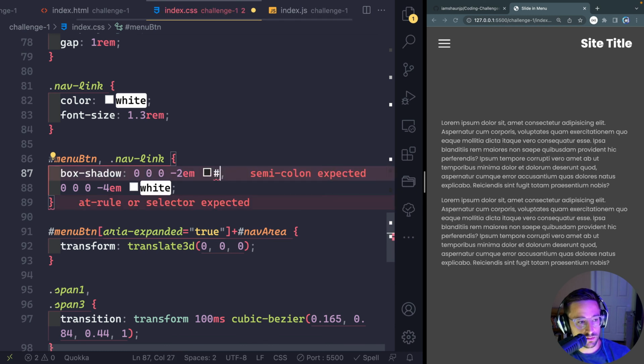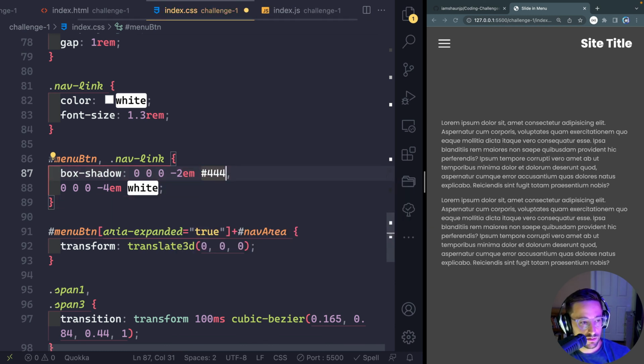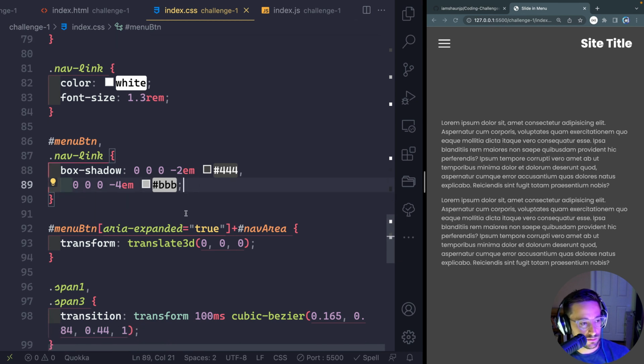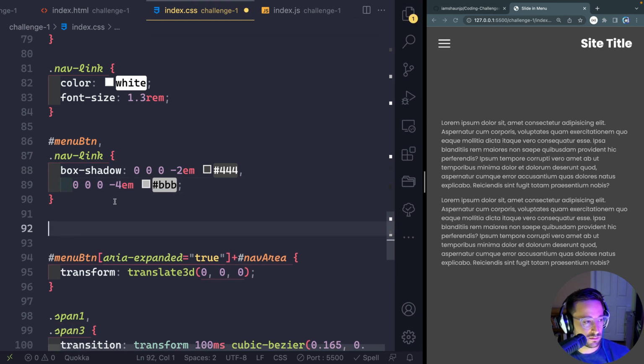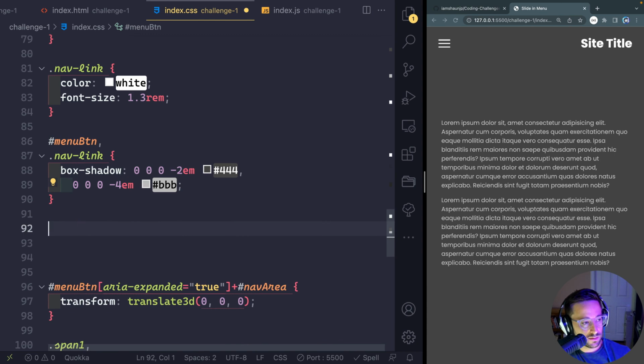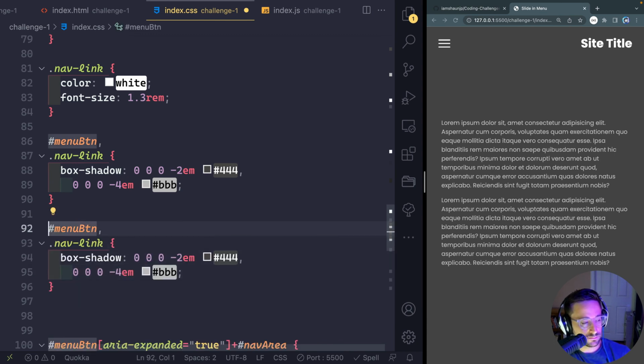I think that should work. Actually, maybe let's make it our light color. Let's make it that color. And maybe we should make this one like the more tanny color, this one. All right, so you can't see any of those, but now what I want to do is grab both of these and say,